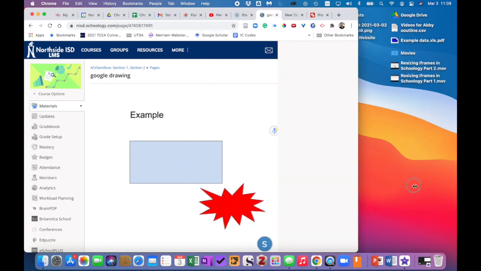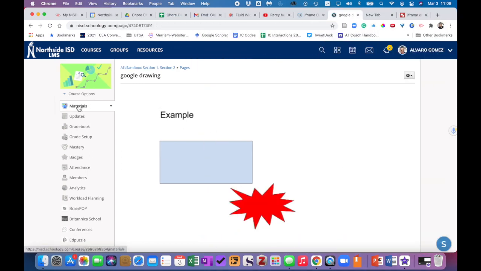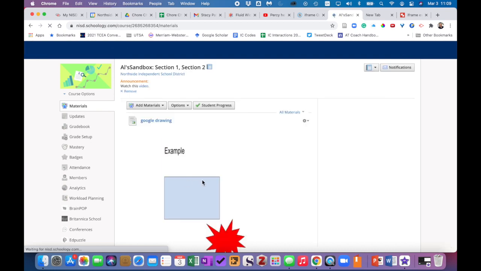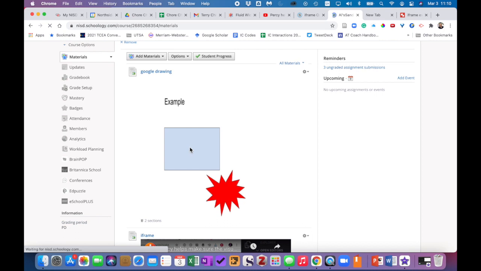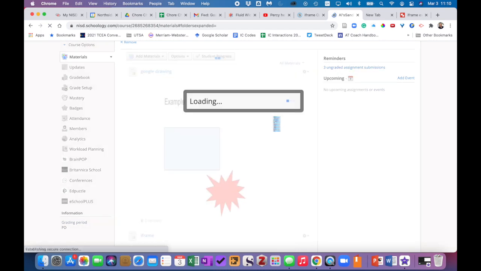But in the materials page, it doesn't resize it in. Well, actually, it does resize it in here. I'm learning all kinds of stuff now. So I guess if you do resize it when you edit, it does change it in here, but it keeps the original dimensions. That's what's interesting. So if it does get too big right here, she can change it back by just going into edit, and then